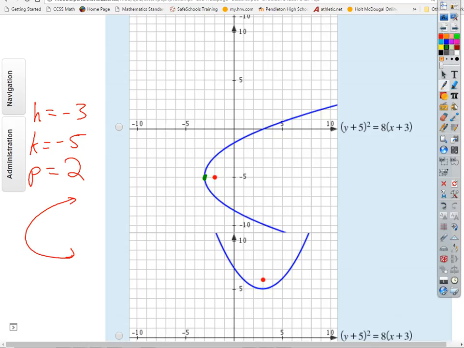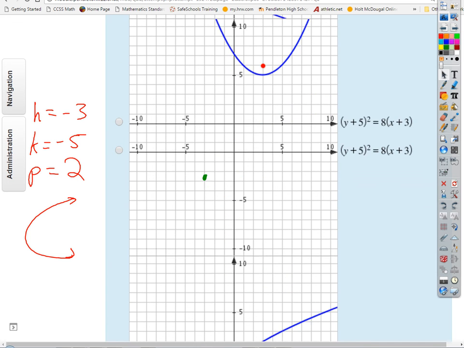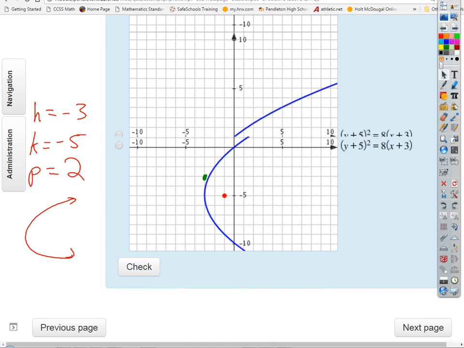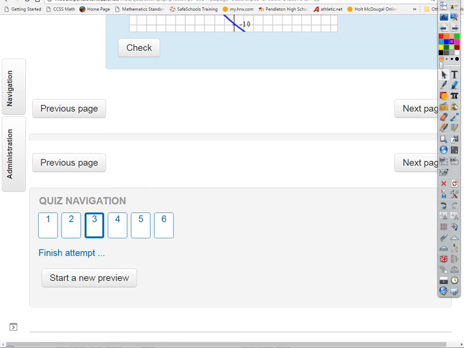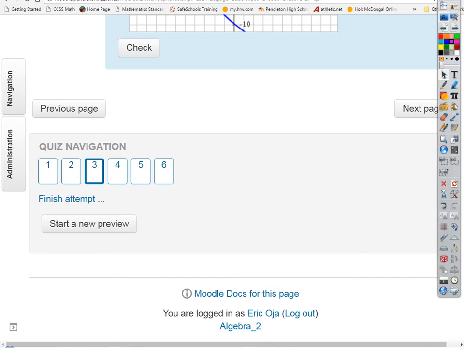Gotta keep looking. How about that? That looks pretty good, doesn't it? Right? -3, -5, and notice this time that P is 2, so it works. Okay? All right. Next. Those are no big deal, right? Those are nice because we can see H and K and P just by, it's already in standard form, so